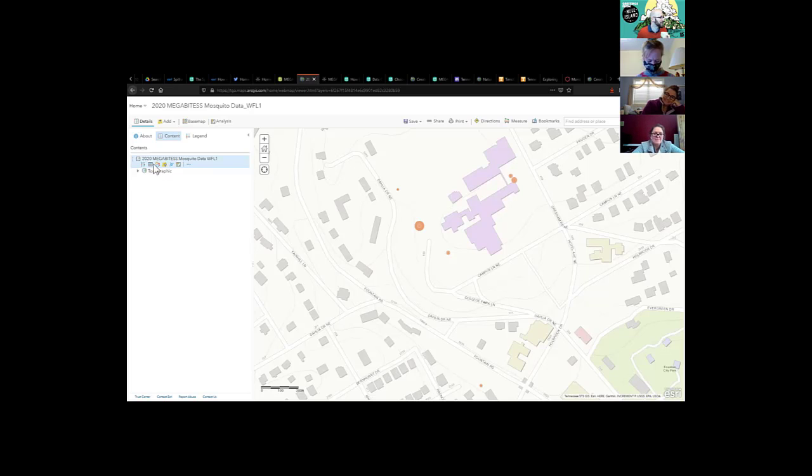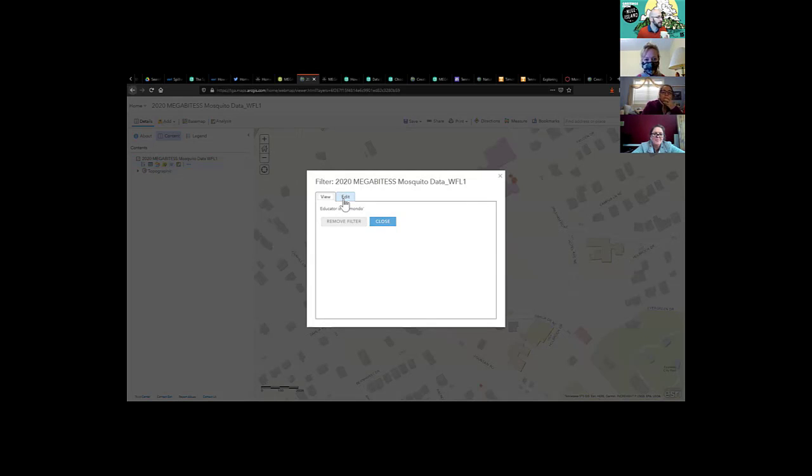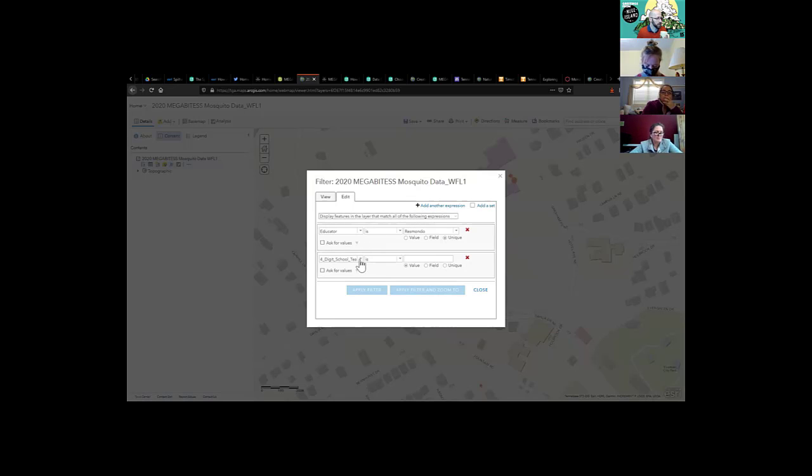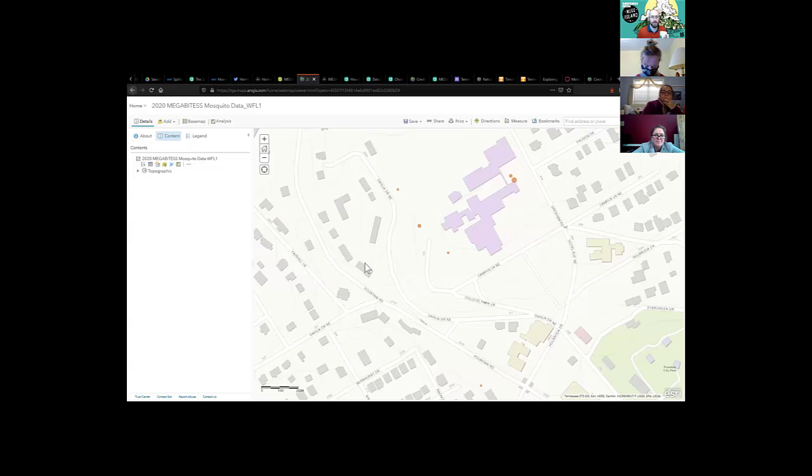Okay, so let's color code this time though as well. Okay, so well, let's see. The other thing you might be interested in is we've narrowed it down by teacher, but we can also add another expression and we can say which calendar week it is. And so we'll just say right now it's week 35. So we can see we've got a few that are a little bit bigger.